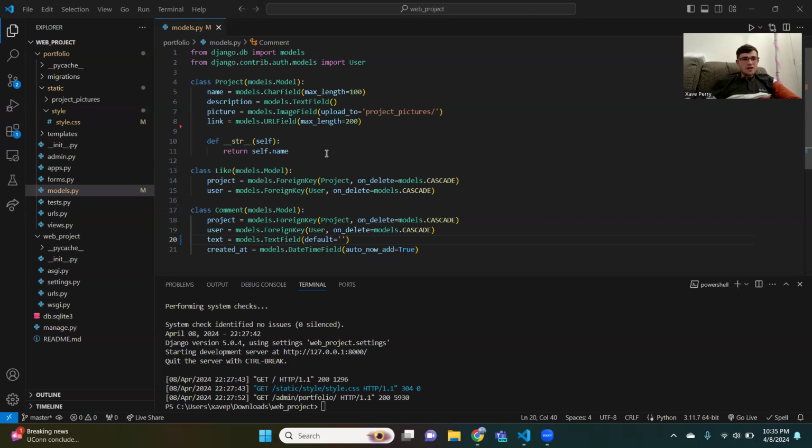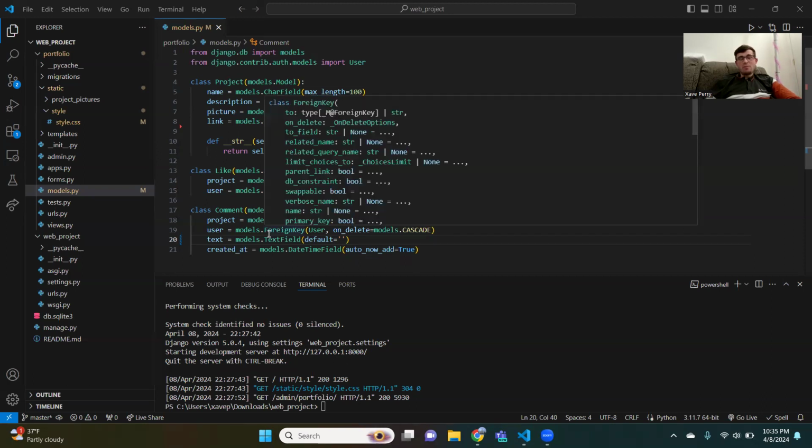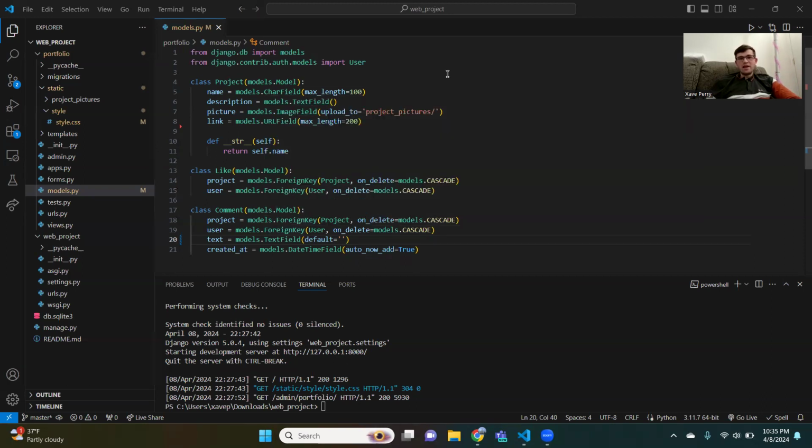To begin, Django uses a couple of different pre-made files and folders that are created for you once you start the software. The first one I'll show off is the models file. It helps you store different attributes for classes that will be passed into different files to then be shown through HTML files. For example, for the projects, we have the name of the project, description, a picture, and a link to either a YouTube video or a GitHub link